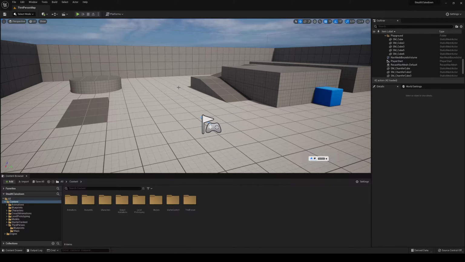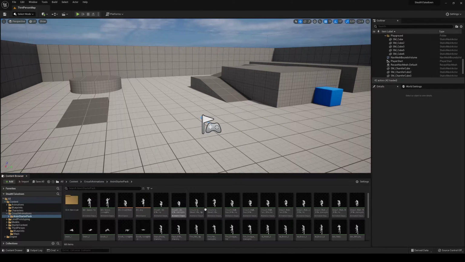Alright, so the first thing that we are going to need is some crouching animations. So basically, I'm gonna leave you this package in the description. It's from Epic Games. It's totally free on the marketplace. So go ahead, import it and download. Of course, you can use your own animations from Mixamo or whatever, but I'm gonna use this one for this